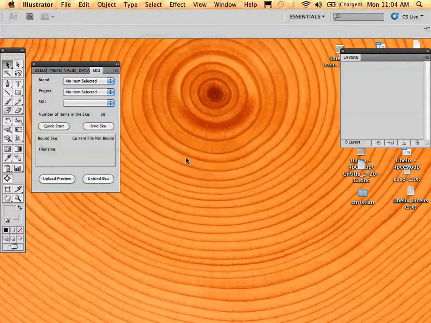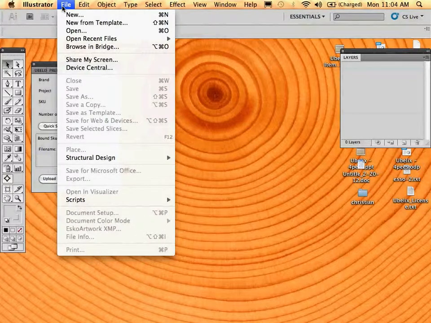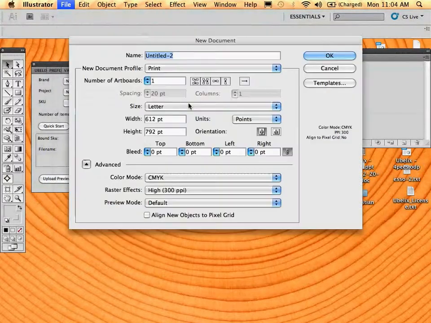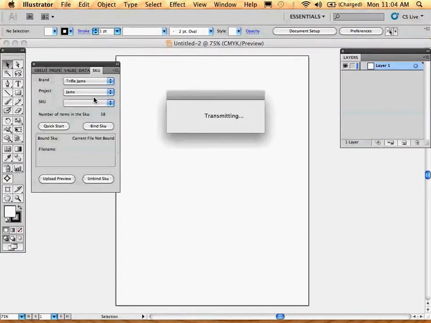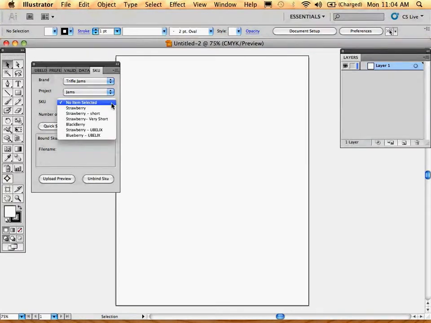Okay, so today we're going to talk about validation in Ubelix. What we're going to do is first create an artwork file by creating a new Illustrator blank document. Then, using the plugin, we select a brand, which will populate the project dropdown, which in turn will populate the SKU or piece of artwork dropdown. And we're going to work on the strawberry jam